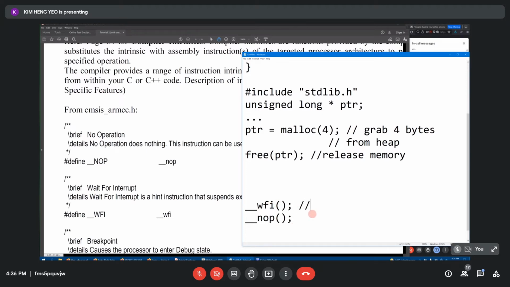When you write this, it will power down the CPU. This one is do nothing for one cycle. You can't do these things in C. You have to use assembly, but you're writing in C. So how to use assembly in C? We can use these, which are called